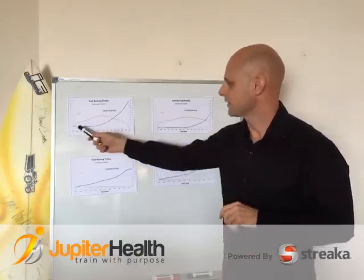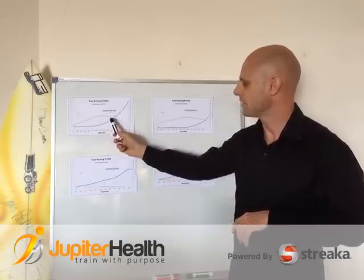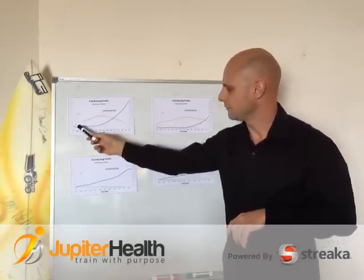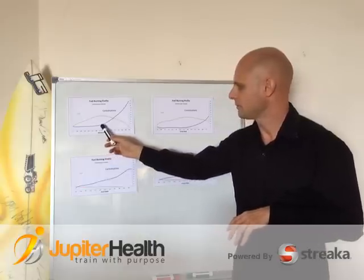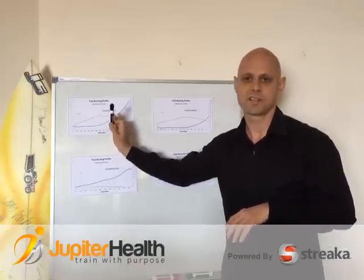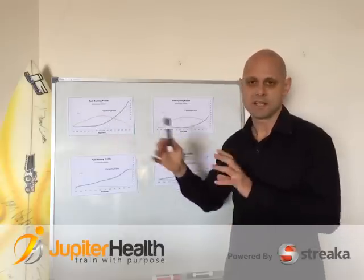So we want to see this fat burning curve. This is a pretty ideal sort of situation here. We want to see that fat burning curve rise up. We want to see this crossover point over to the right here as far as possible. And really the ultimate goal is we want to see this carbohydrate burning curve start to rise up much later in exercise, meaning that you can work at a higher intensity, higher speed, higher power output without dipping into your